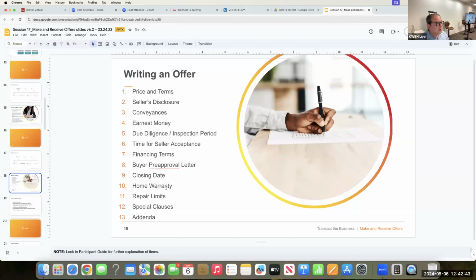Home warranty, this is something that you're going to ask for in your offer. There are 3 companies that we use for home warranties: First American, Fidelity, and Old Republic. What's a home warranty? This covers all the appliances in the property. It covers the electrical. It covers the refrigerator, washer, dryer,